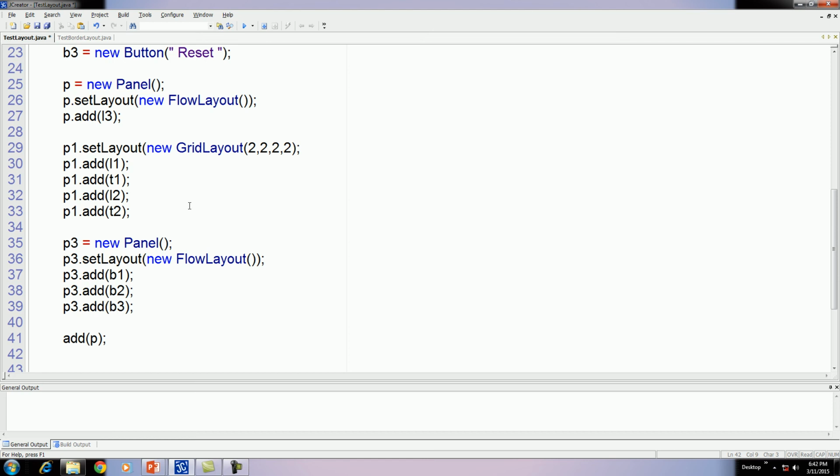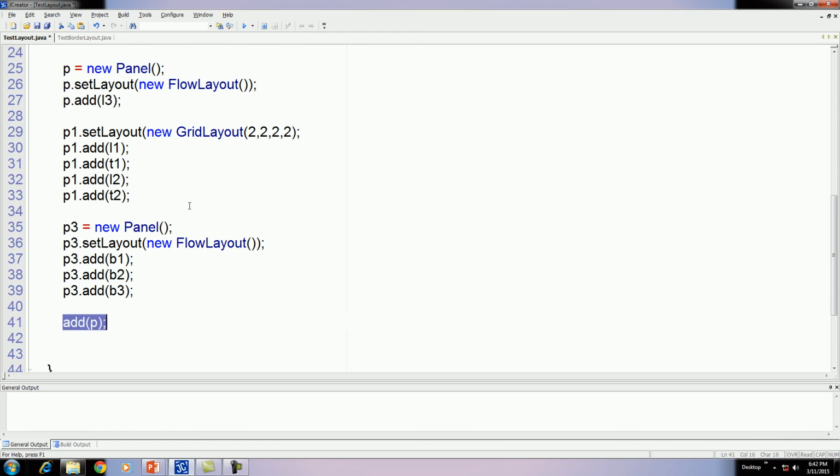Okay. But if you want all these panels in a frame container, then you have to again set layout to a frame, because if you don't set any layout to a frame, what happens, only the third panel will display, because by default frame accepts controls one by one, and by default it will accept all controls at the center. Therefore the previous controls get replaced by a new control. Now here we want P1 and P2, but the problem, how to solve this problem?